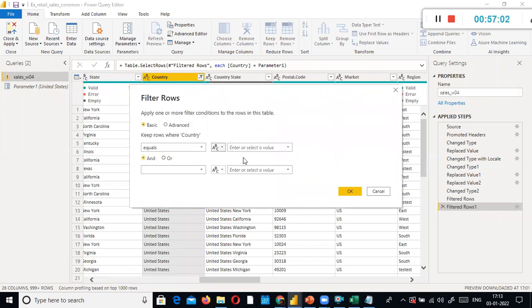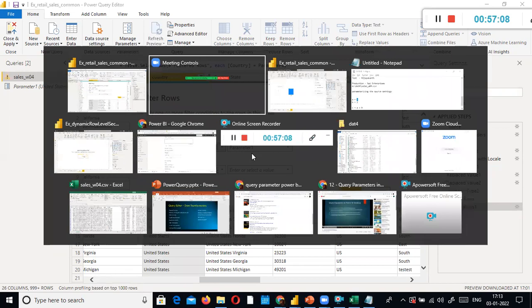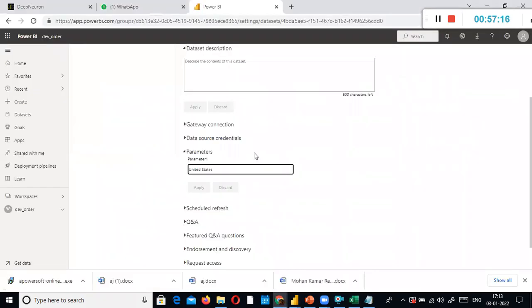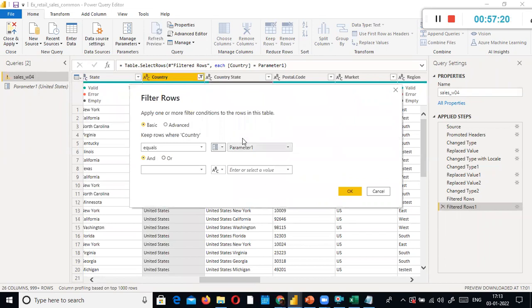Whatever the end user typed on the cloud, United States, the manager just typed it there, that will get assigned to the parameter called Parameter1. So country equals United States, and it will apply the filter. This is how it works.